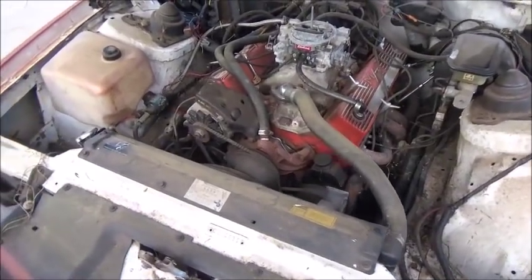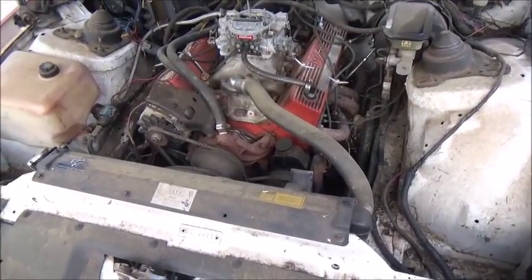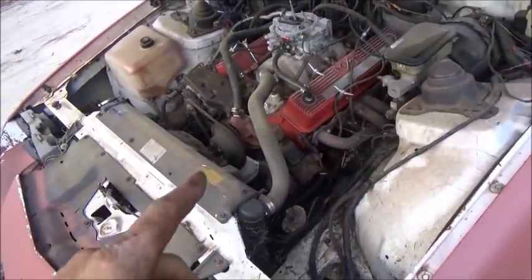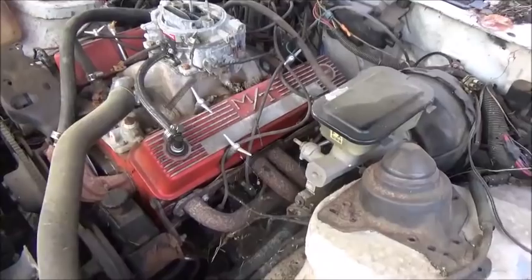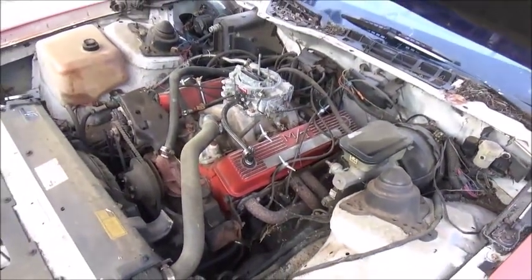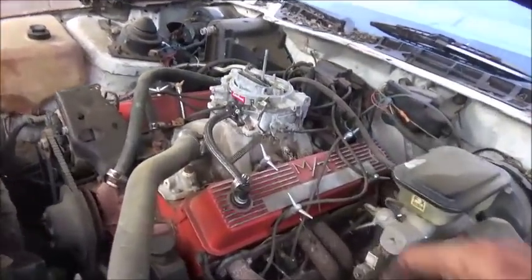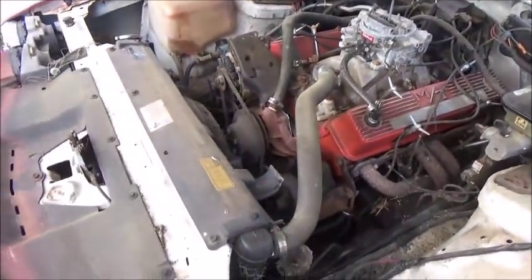I mean, I'm sure it's been bored. It's probably 355 cubic inch, but it was in another Camaro that I had picked up off of a buddy of mine, along with the headers and stuff, and we picked up the valve cover somewhere. It's got the old MT, Mickey Thompson's, with the Chevrolet on the back of them, and Edelbrock intake and carburetor, which, as you can see, it's been sitting, and we hadn't even checked to see if the engine was stuck,